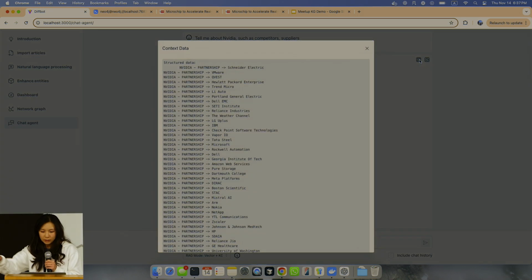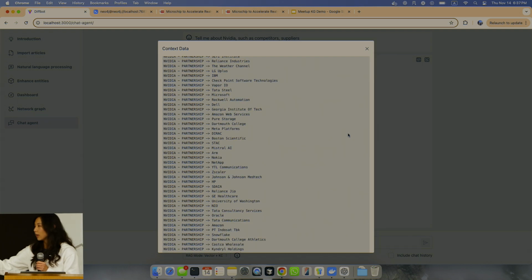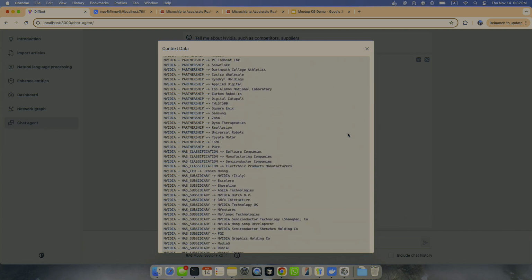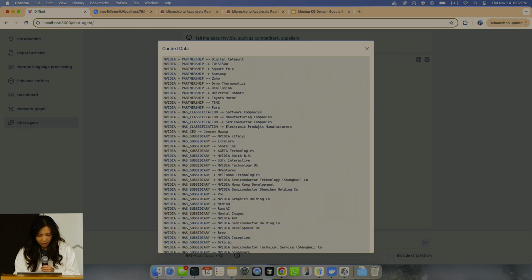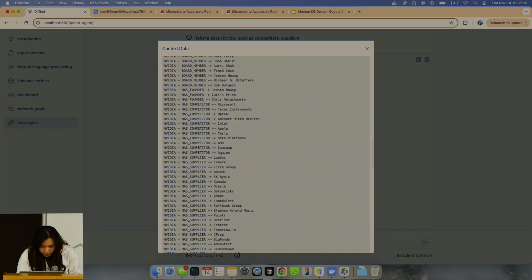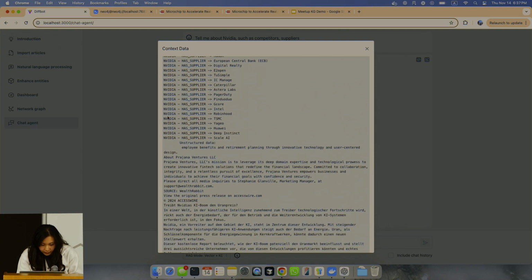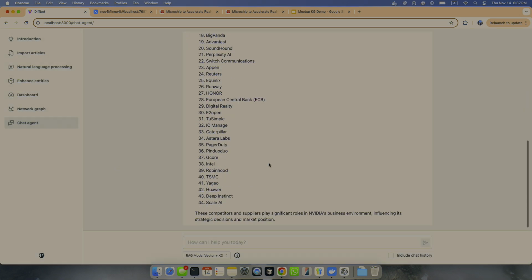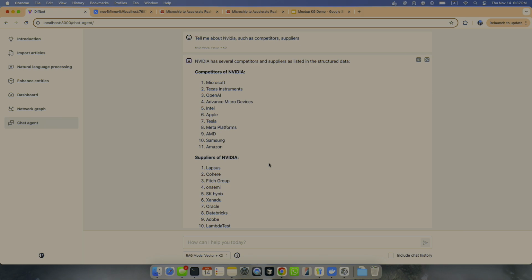So if you inspect the context data, what it's retrieving from, you would see all this new information being fed, such as NVIDIA has a partnership with, of course, a lot of companies in the industry, has different classification, has CEO Jensen Huang, of course, and then has competitors here, suppliers. And it also references some of the news articles we just imported. So this is just a small demo of, okay, sorry.